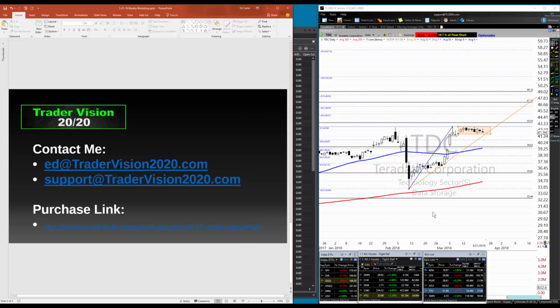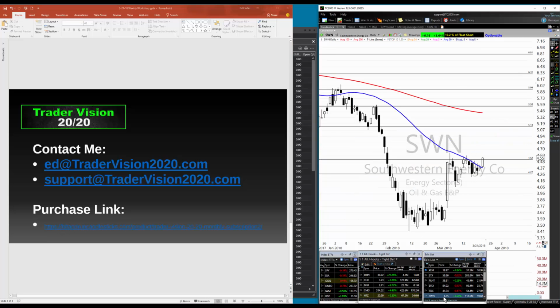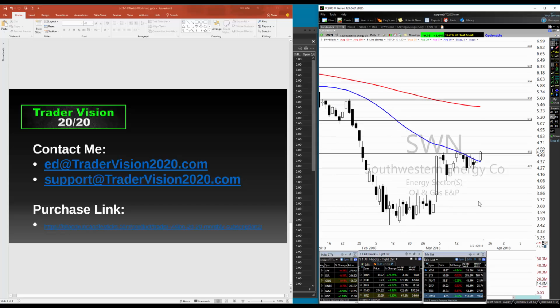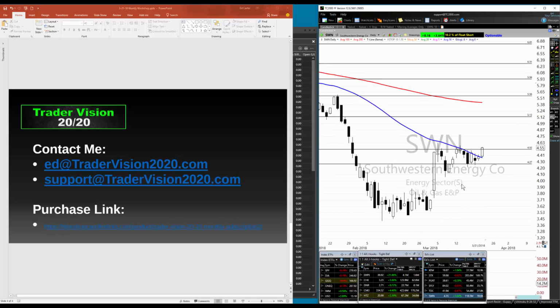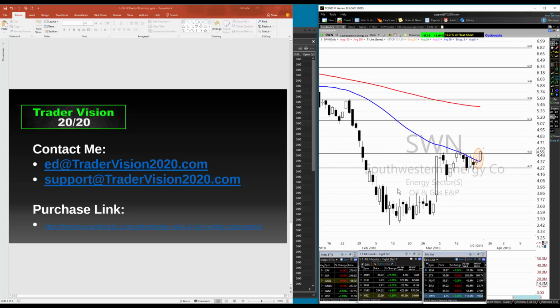So let's look at, well, TDC is too much like the last one. Here's a smaller dollar one. So Southwestern Energy, it's one of the oils. We've got a Trader's Best Friend type candle here today. For those of you who don't know, this is it here. Those two signals, a doji type or spinning top type candle within a gap up and a strong bullish candle following it. And it broke through a